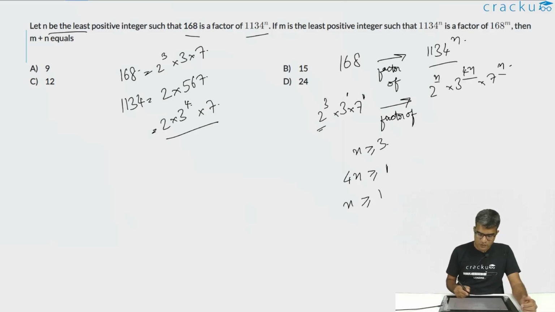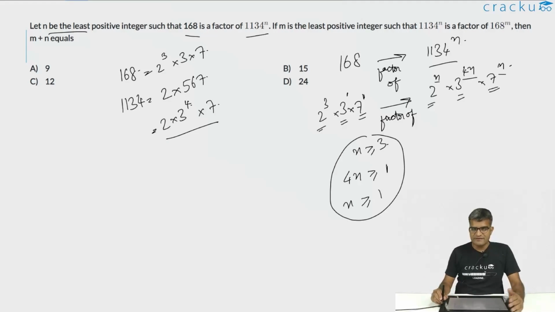That is, the power of 2 in the factor has to be less than or equal to the power of the factor in the multiple. That is, 2 cube has to be less than or equal to 2 to the power n. 3 to the power 1 has to be less than or equal to 3 to the power 4n. 7 to the power 1 has to be less than or equal to 7 to the power n. All three of them have to be satisfied, and they will be satisfied essentially if n is greater than or equal to 3. And because n is the smallest integer for which this is satisfied, the value of n is